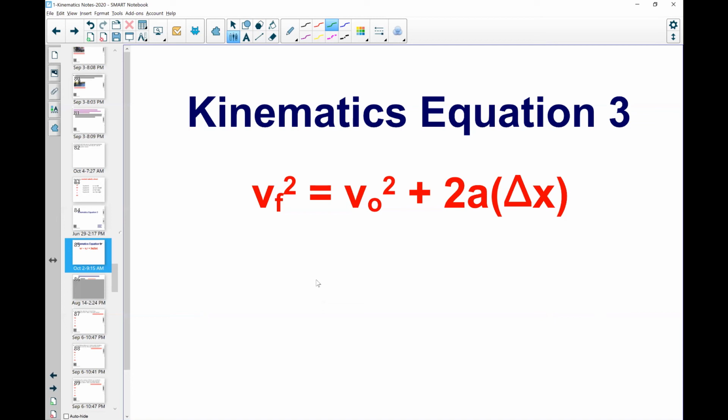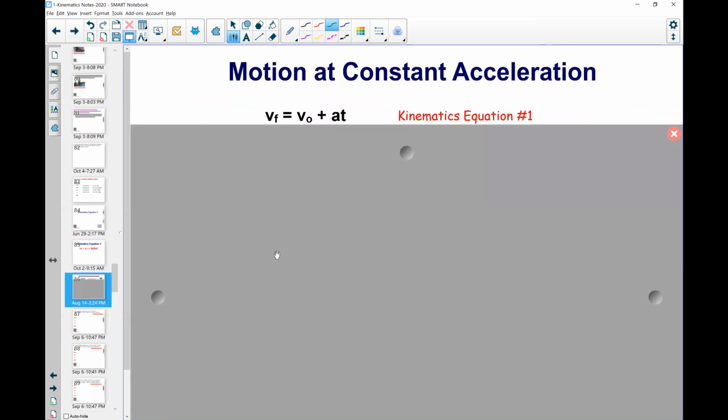So this equation, actually, we're not really going to go through a full deriving of it. I'm just going to basically tell you how it gets derived as opposed to walking you through all the steps. I have written out all the steps and I put them on Axis. I'll show you that here in just a minute. But let's talk about how it gets derived. So the third kinematics equation is basically taking the first two that we've learned and putting them together to cancel out the t.